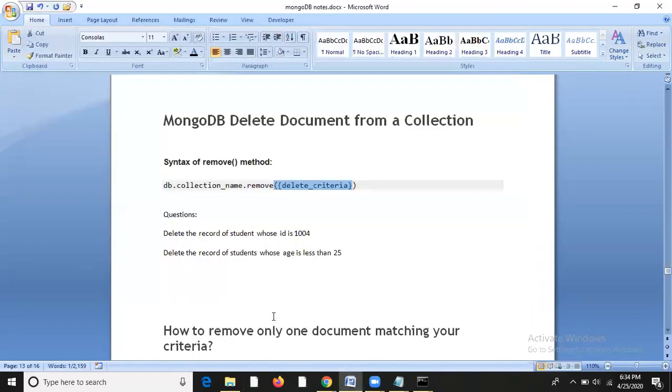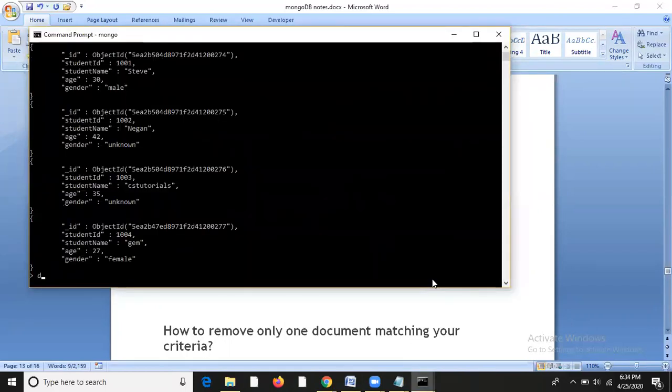Now, what I have to do is delete the record of student whose id is 1004. The command for this is db.student.remove, where student is the name of my collection, and then inside remove I have to specify the criteria, which is nothing but my condition.